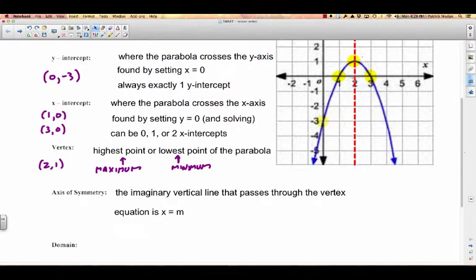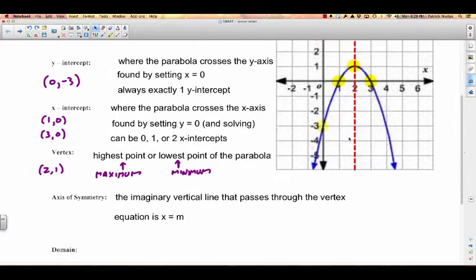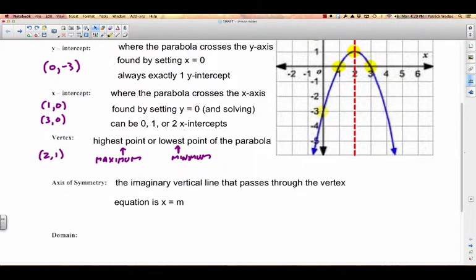Well, if I wanted to name this line, this dotted line right here, how would I name that? Think of all those points. This is the point (2, 0), (2, 1), (2, 2), (2, -2), (2, -3). Oh, it's all the points that have an x value that's equal to 2. So basically the equation is always going to be x equals m, where m is the x coordinate of the